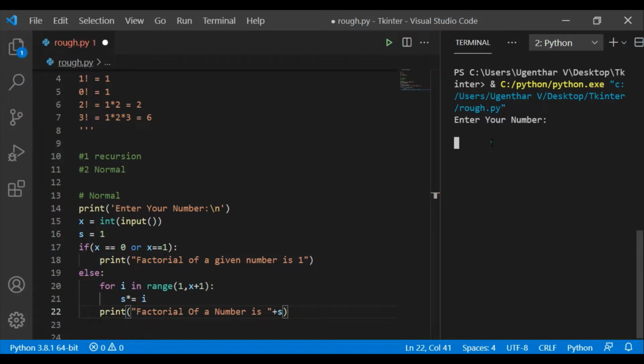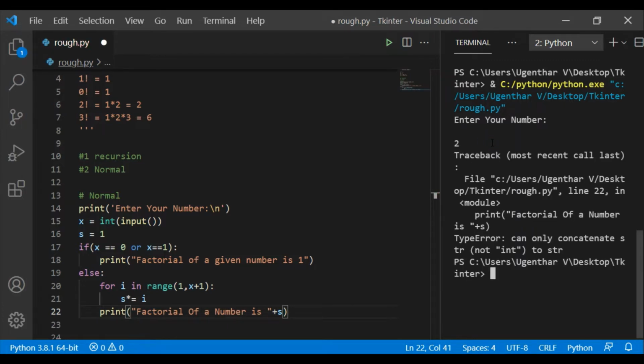It's showing an error: can only concatenate string, not integer. s cannot be concatenated because s is an integer. In order to solve this problem, you can use str to convert integer to string.